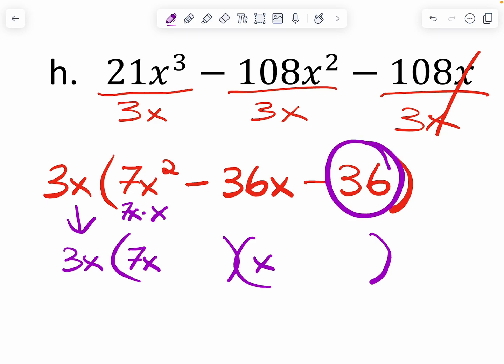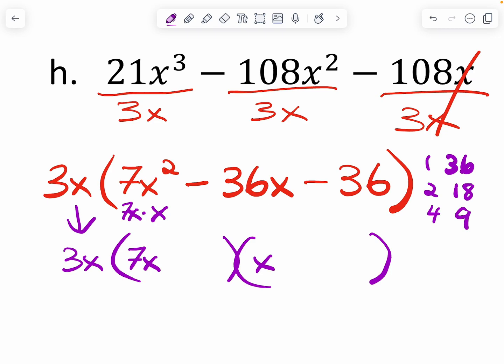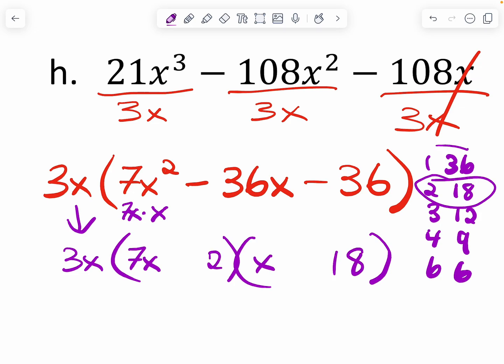What multiplies to 36 would be 1 and 36, 2 and 18, 4 and 9. Whoops, I missed 3 and 12, sorry. And 6 and 6. So this one has quite a few options here. Remember, I'm not going to start with this 1 and 36. I'm going to start with my 2 and my 18. And if I put my 2 here and my 18 here, I know this is way too big if I do 7 times 18. If I flip them